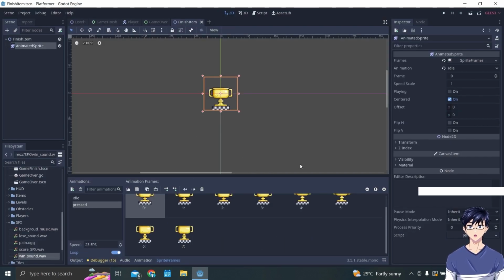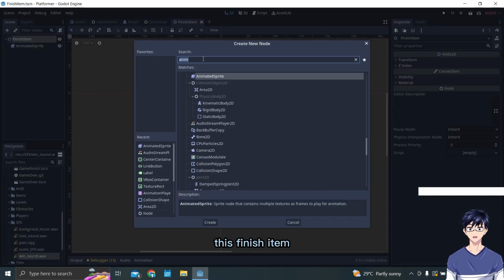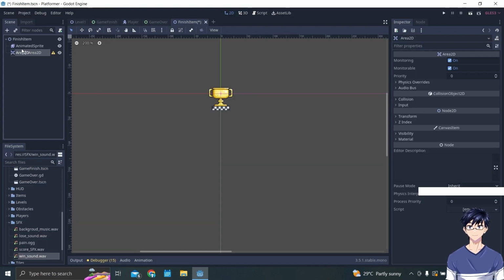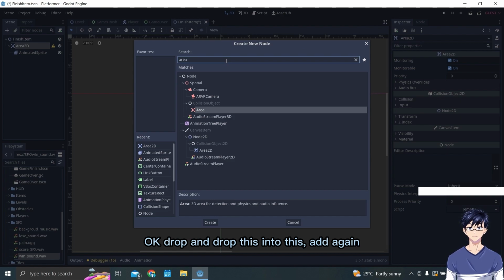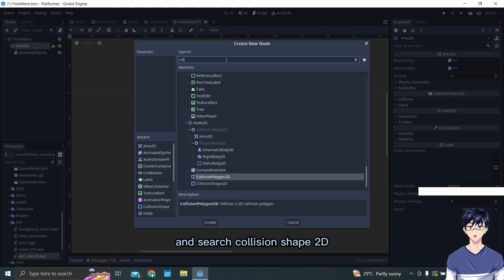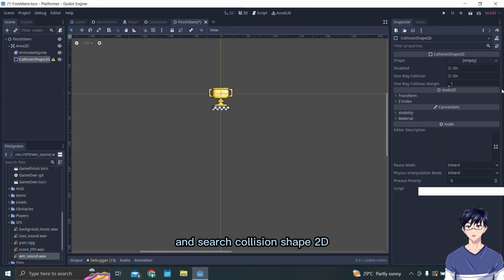Okay, after that we need to add Area2D inside this finish item. Okay, drag and drop this into this, add again, and search CollisionShape2D.